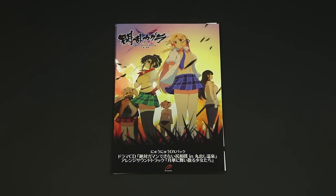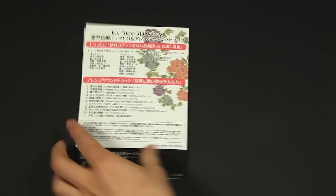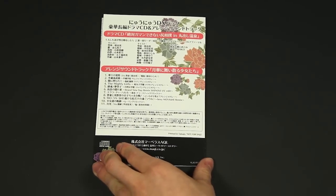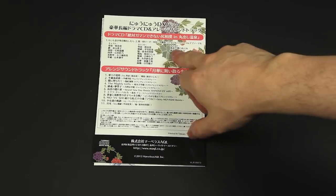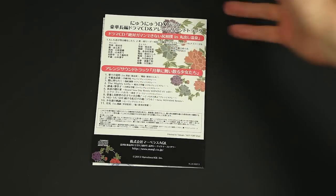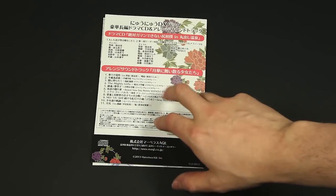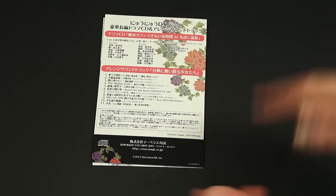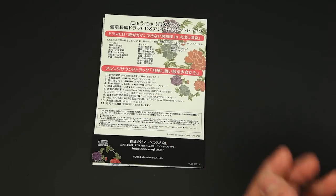Off to the folder we go. I guess that the girls from Hanzo Academy must be on the forefront due to the anime series airing right now. Then on the back there's the track list. First CD with 3 tracks, this should be the drama. Second CD with 11 tracks, remixes and edits, and I think just part of the complete soundtrack, but I'll cover this